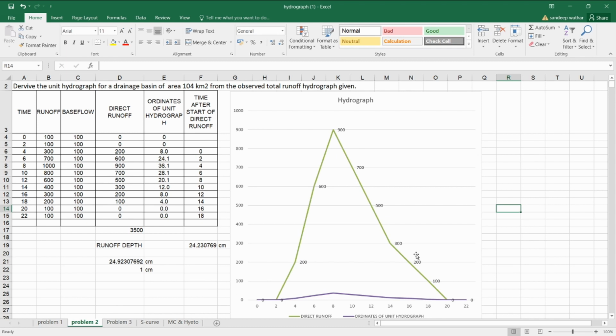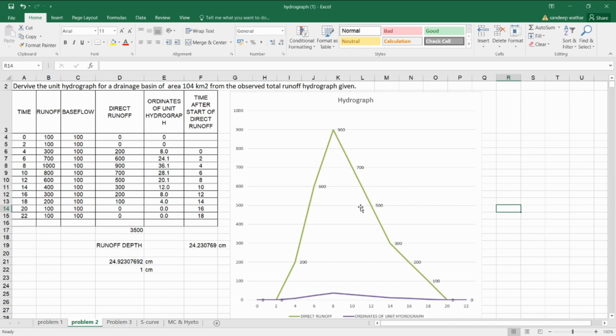Okay, so if you deduct all the abstractions like infiltration, evapotranspiration, evaporation from the rainfall, whatever is left is nothing but the water that is flowing on the surface and subsurface, which is called the direct runoff hydrograph, right? So here, if I calculate the area of this direct runoff hydrograph, it will give me the volume of water that was flowing on the top of the surface, which is nothing but your effective rainfall, right?